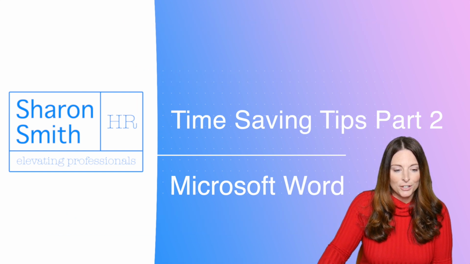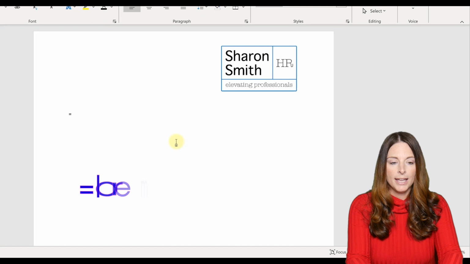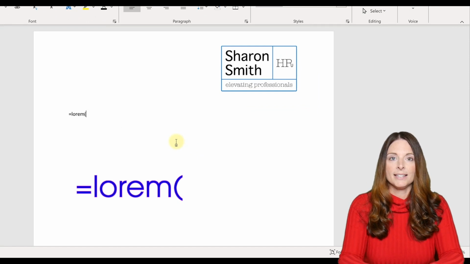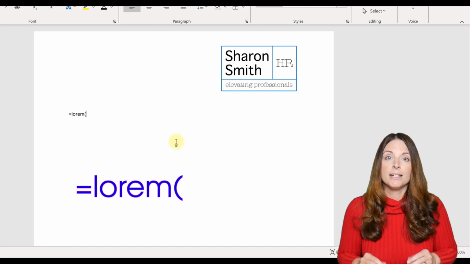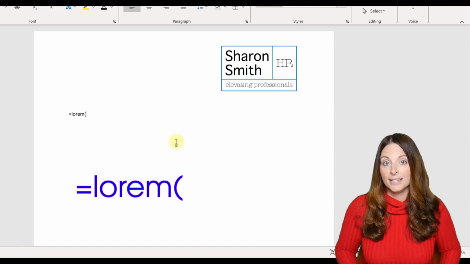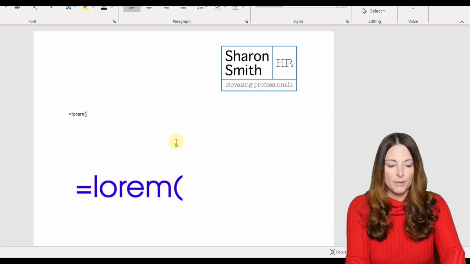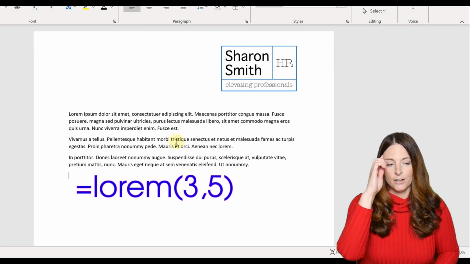Okay, the first thing I'm going to show you is how to randomly generate text. All you have to do is type equals, LOREM, parentheses, and then you're going to put two numbers separated by a comma. The first number is going to be the number of paragraphs that you want to generate, and the second number is going to be the number of sentences in that paragraph. So for example, if I want 3 paragraphs of 5 sentences, I type that in and hit enter, and it